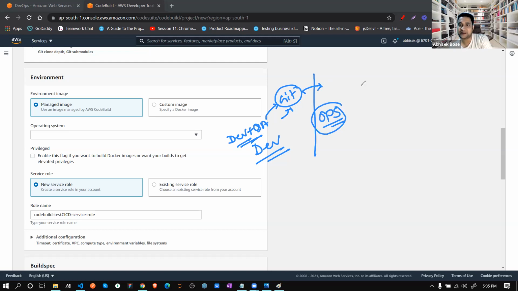Now, operation means what? You are creating a state server where, from this Git, if anything changes in that particular branch, then that code will hit these settings that we are doing right now.